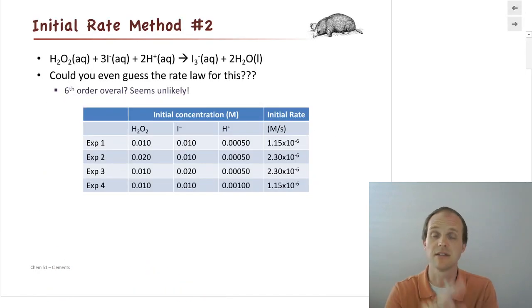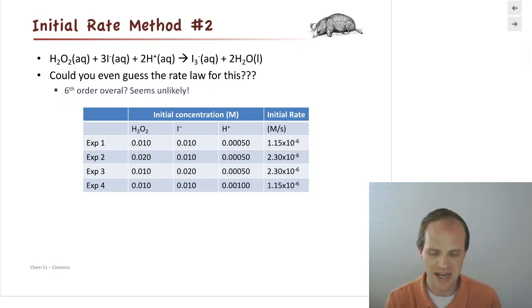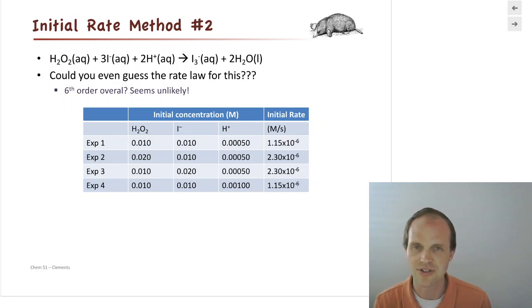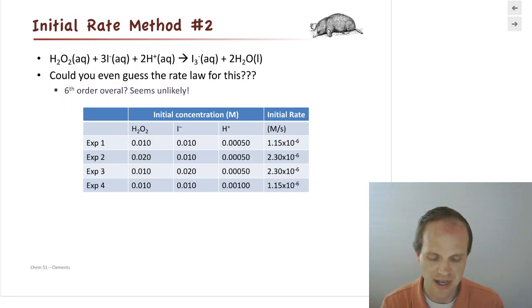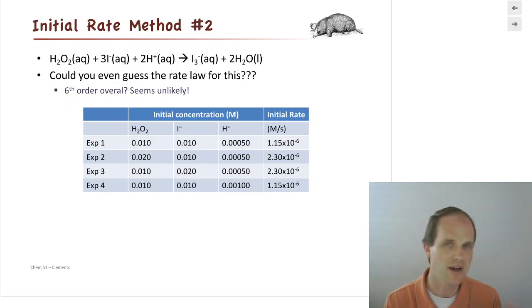So here's a little more data. Looks a little more complicated. We've got hydrogen peroxide, iodide ion, and hydrogen ion reacting in order to form the triiodide ion and water. And you just look at this balanced reaction, and you're like, wow, there's tons of stuff going on in here. And in some of the other ones, you're like, A plus B, let me just guess that that's first order in A and first order in B, and I'm probably going to be right. And you probably are, but not guaranteed.